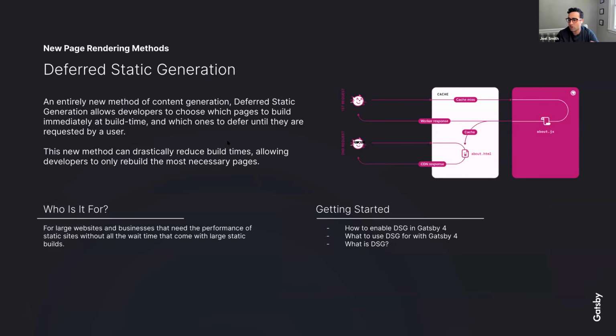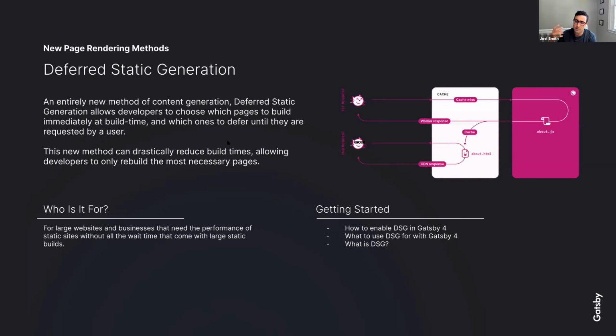This is a little bit more of a new art, at least in our world, similar to some concepts that Netlify has been talking about. But this is the Gatsby way. So the idea is that you can mark any page, and right now it works in our createPages API, soon should be working in the file system routing version as well. But you can mark any page as deferred, and basically that page will be skipped at build time.